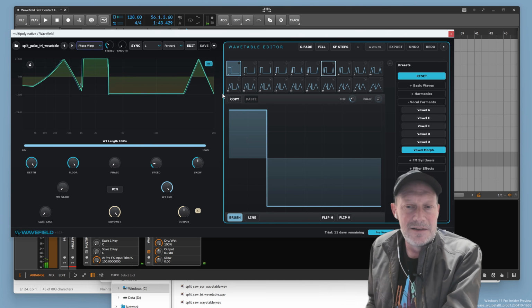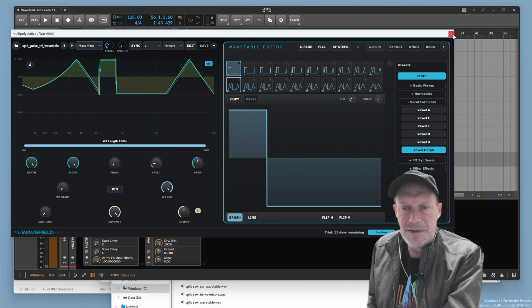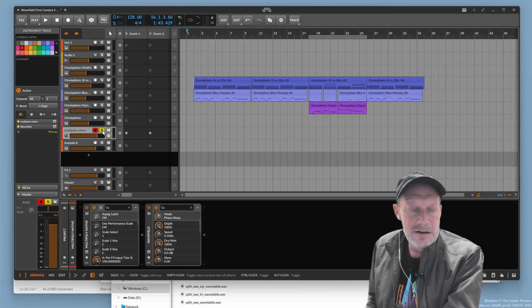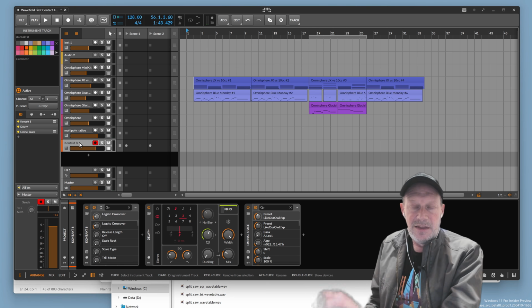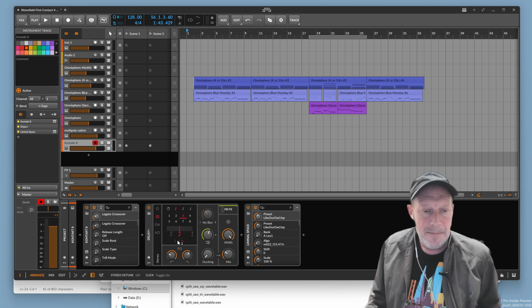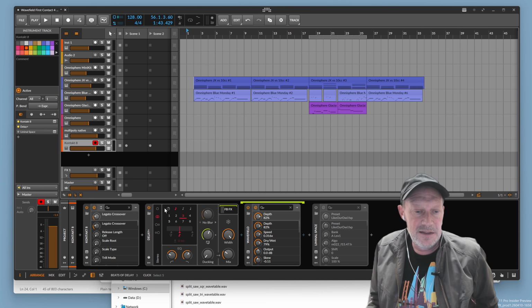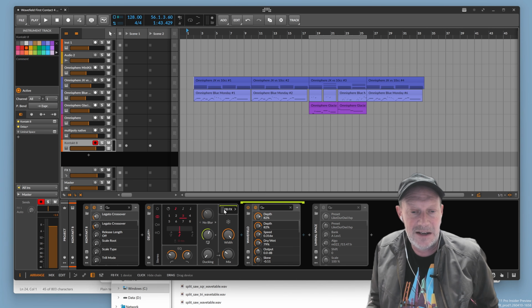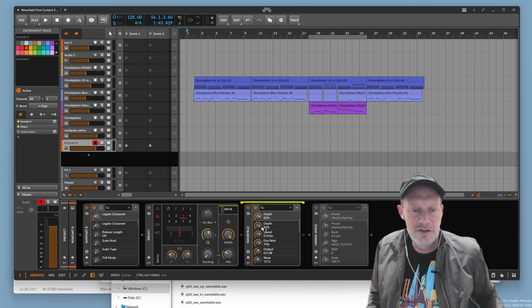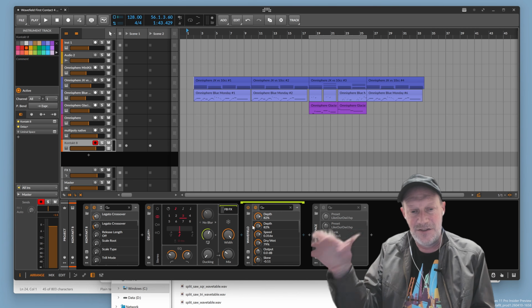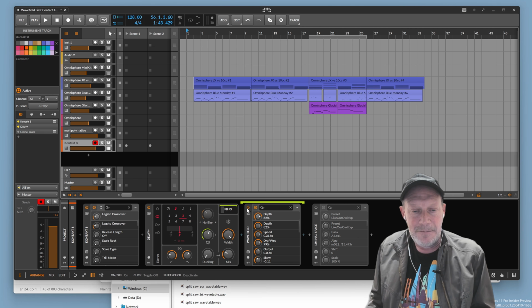Right, okay, so that's the basic concept there. There's one more interesting use for Wavefield that I wanted to show. Just a serving suggestion, a little idea for you. In Bitwig, the delay devices actually have this effects feedback loop in them. And so you can actually put plugins in the feedback loop for the delay. This sound